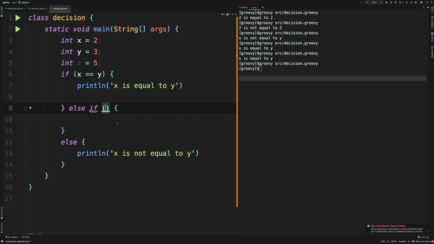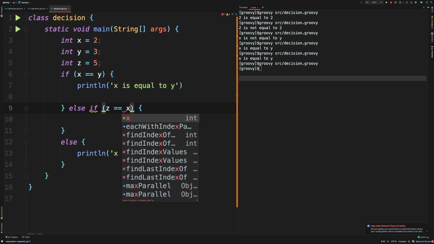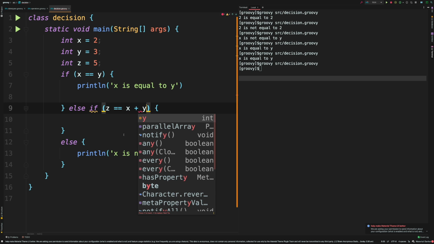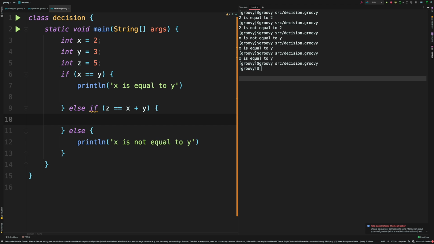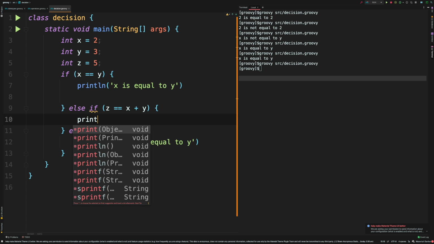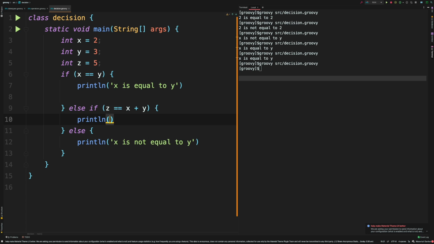Now here in the condition, I am going to say if z equal to x plus y. Now we have a condition. I'm going to indent it. Now here it says the if condition has an empty branch because it doesn't have anything to execute. So I'm going to say println, and I'll say z is equal to total of x and y.